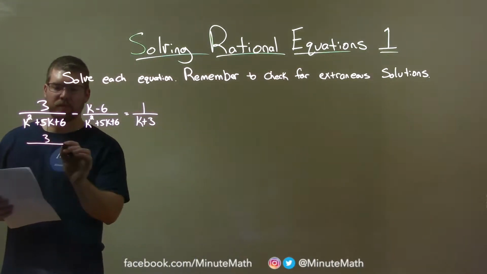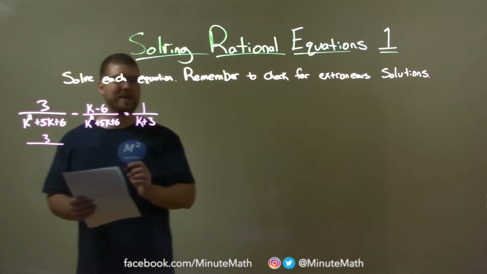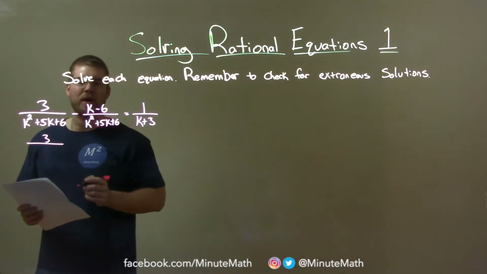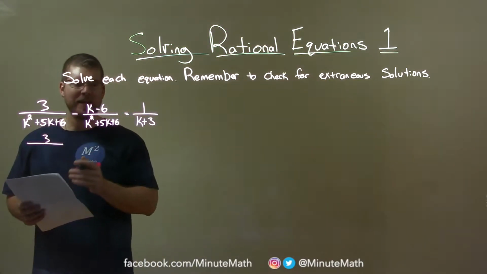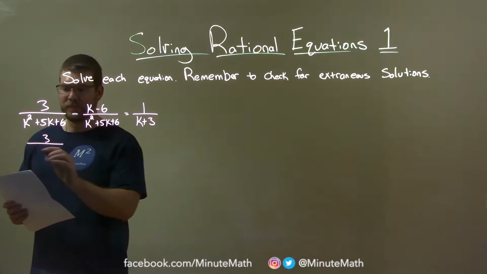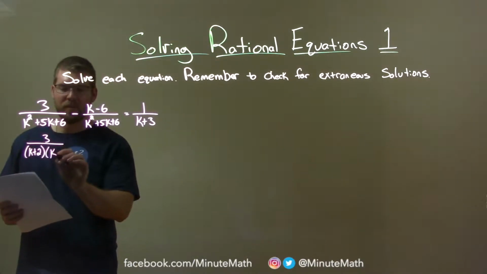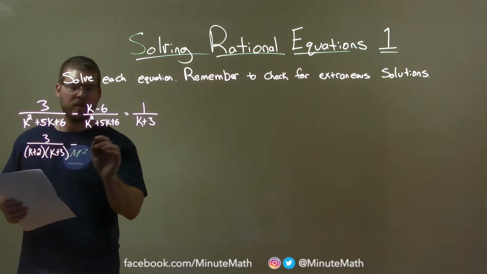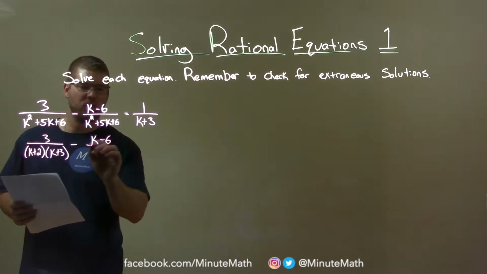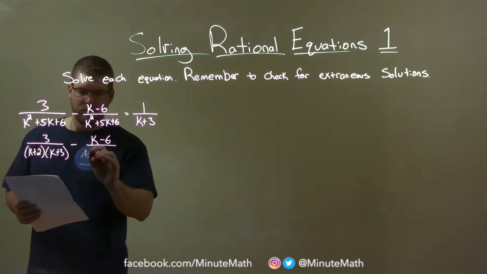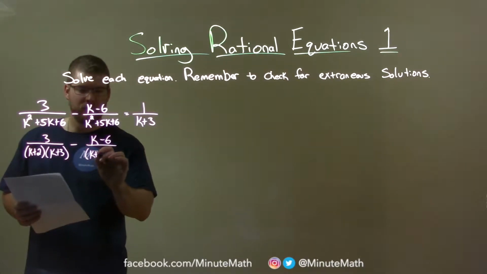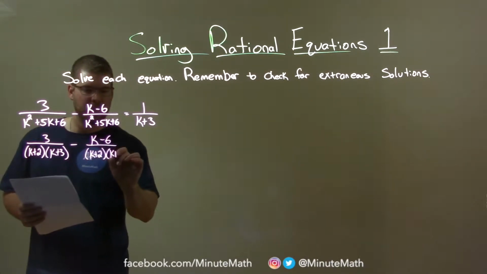We have 3 over k squared plus 5k plus 6. What two numbers multiply to be 6 but add to be 5? That's 3 and 2. So we have a k plus 2 here, and a k plus 3. Same thing, we have k minus 6 over the same denominator, which we can factor the same way, k plus 2, k plus 3